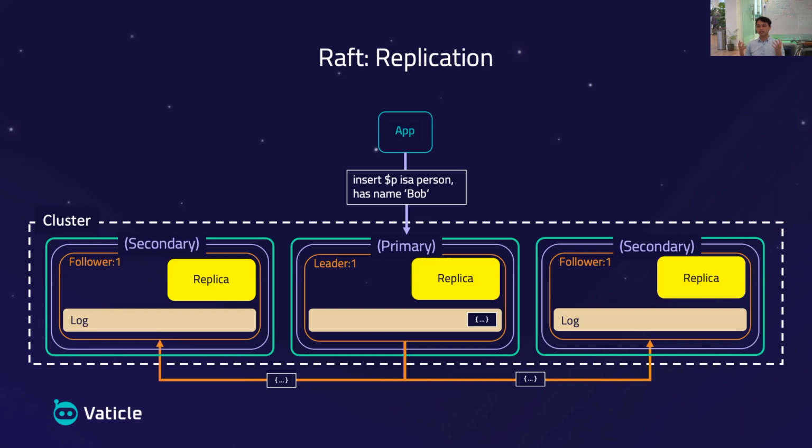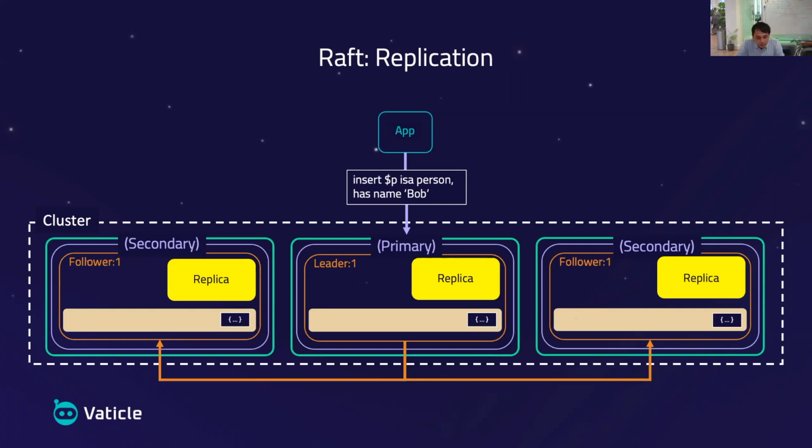And this is really cool because if, let's say, you have a big cluster of size 9, the leader only needs to replicate to 5 servers before being able to respond back to the application. And this is a huge performance boost because the amount of time before you can reply back to the application is essentially halved, right? You don't need to wait for all 9 servers. You just need to wait for 5 servers. Although, obviously, the replication to the remaining servers is still ongoing and is done in the background.